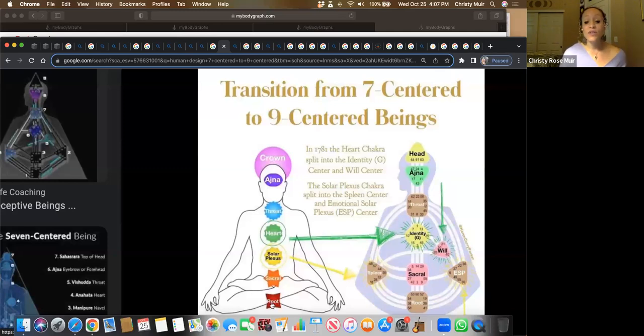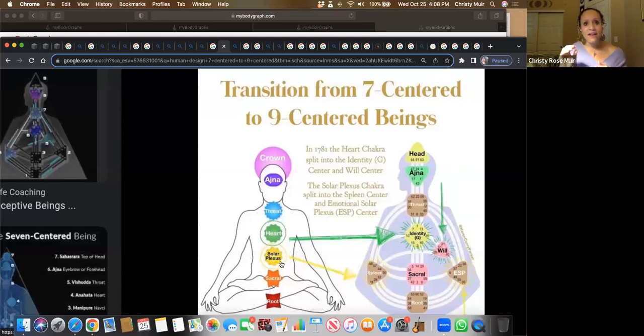But I've found that as somebody who practices my awareness in these areas of the 7 chakras, they're still there. They're still available. And I like to think of these 7 chakras. Actually, according to this system, we originally started with 5, and then we developed into a 7-centered being. And in 1781, we moved into a 9-centered being. So when we got the 7, the 5 were still there. I believe that now that we have the 9, the 7 are still there, and they're kind of like the